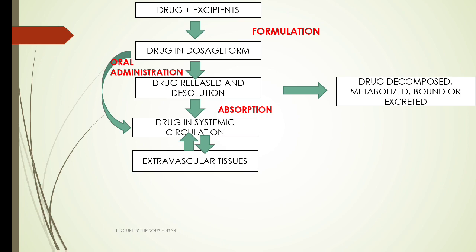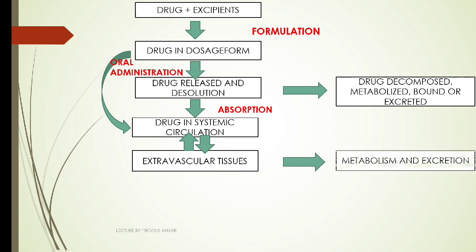Okay, we want the drug to reach the brain, and that is our target area of action. But not 100% will be moving to the brain. Various different percentages of the drug will be distributed to various other organs of our body, and in those organs we don't have any use of that particular drug. So eventually in those organs, metabolism and then eventually excretion of the drug will take place.